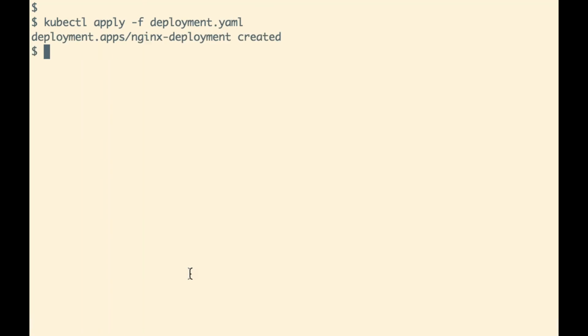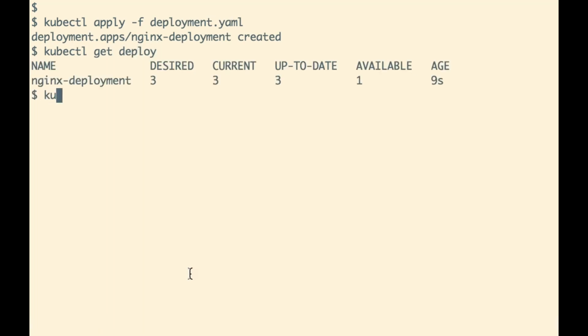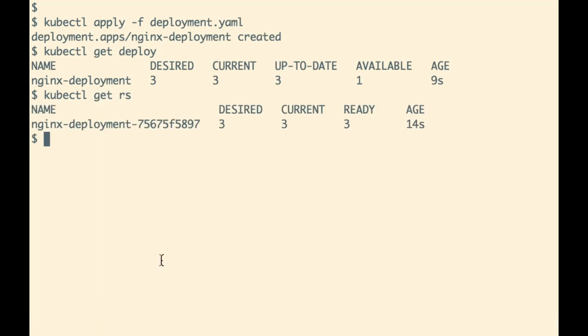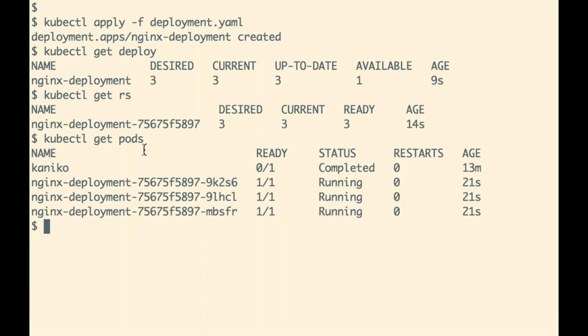So let's just go ahead and deploy it. We could use the command as shown on the screen, which I'm doing right now. This creates a deployment, and if I look at get deployments or get deploy, I have a deployment. With respect to that, I would have a replica set, and then with respect to that, we would have 3 pods. So as you could see, with the deployment, we have created a replica set and the pods. This has deployed our application.